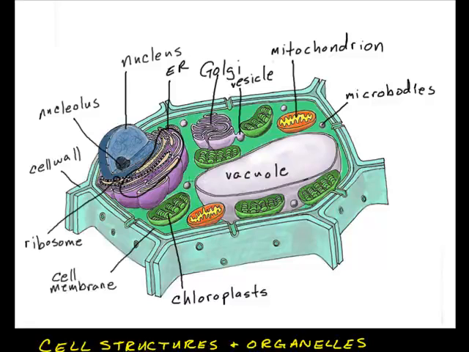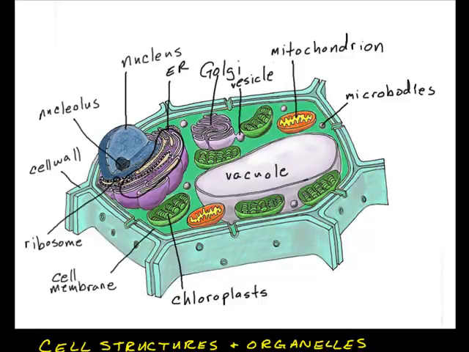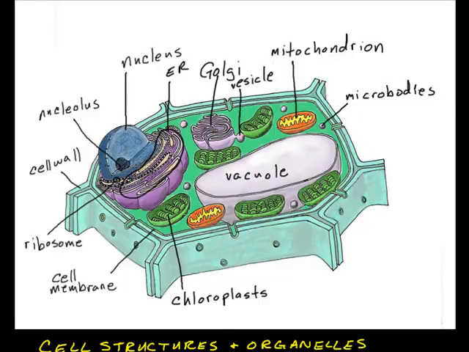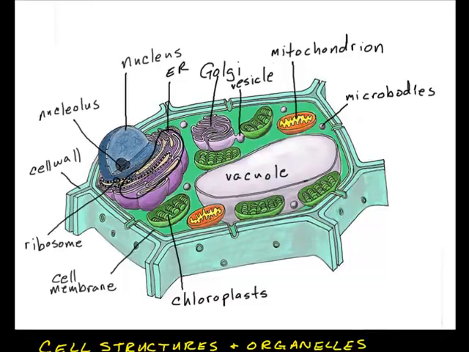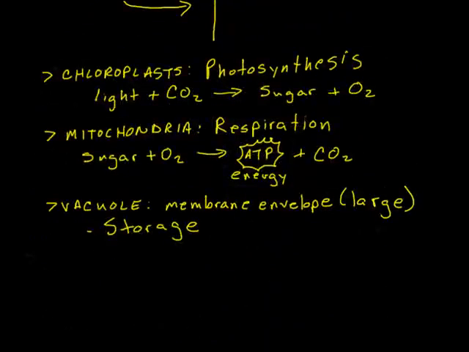And this just refers to numerous different types of enzyme complexes, and these enzymes' jobs are usually to clean up the cell. In other words, with all these processes like photosynthesis going on in chloroplasts and respiration going on in mitochondria, you've got ultraviolet light coming in during the daylight hours from the sun. You can have the buildup of some molecules that are potentially harmful to the cell, and they call those kind of molecules radicals. And these microbodies' job is to scavenge around the cell and basically find these harmful molecules and get rid of them. And so we'll just put for microbodies,